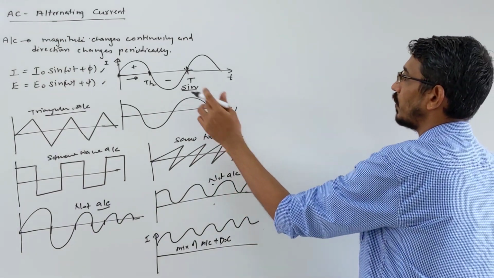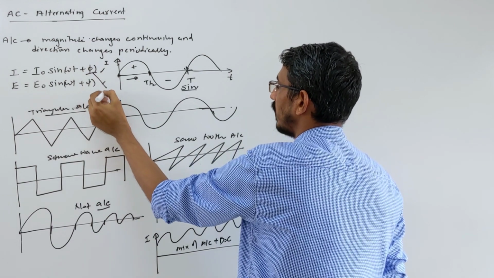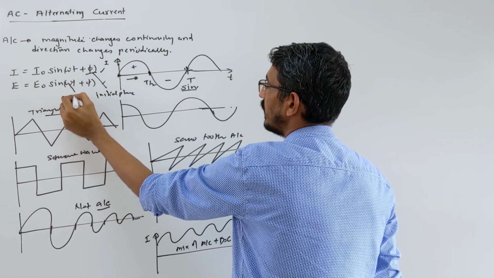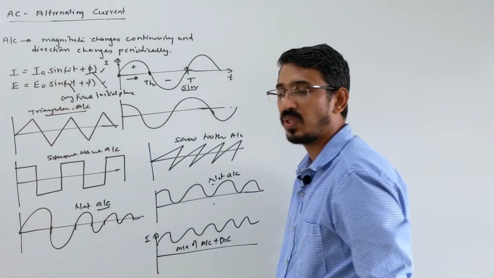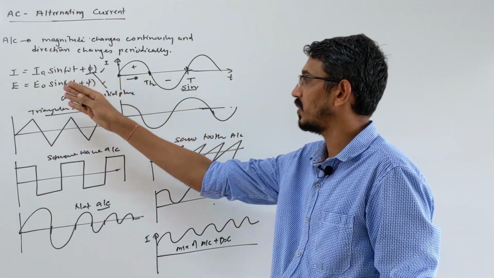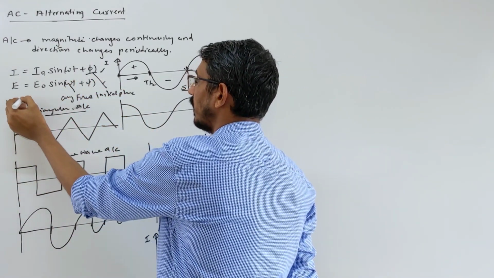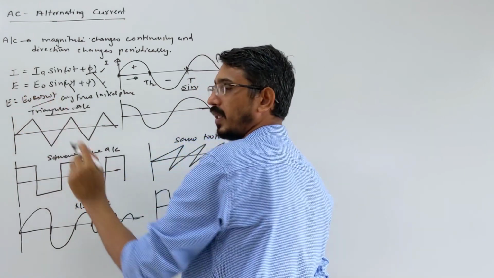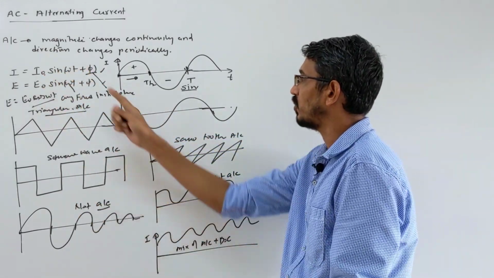So we will always see this, and the equations you already know. Phi is called your initial phase. Omega you know is called angular frequency. You have learned nicely. These are the maximum values. So current and voltage both you can write in terms of the sine function, or you can write a cosine function also. You can write E is equal to E naught cos omega t instead of sine, and the same for current also. This can be plus or minus also. I wrote both positive values.